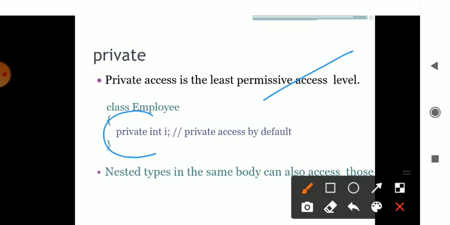Private means it cannot be shared by any other members or another assembly, nothing can share it. So you have to give the keyword private, and nested types sometimes allow access to those. Private means I will be using this in my employee type class. That class may have the properties, and other classes, super classes also, when they are accessing that, they can access that particular data. That can happen with the private modifier.